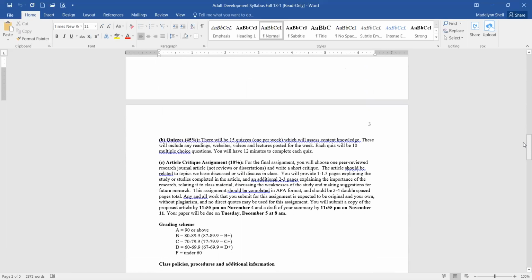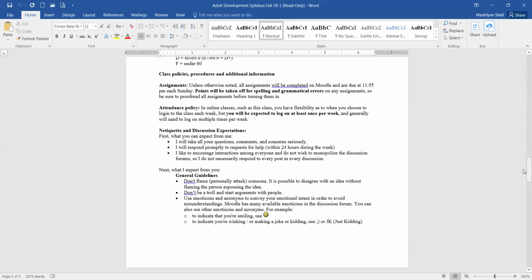And then finally, 10% of your grade is an article critique assignment. I'll talk about this more in the coming weeks, but basically you'll select a research article related to a topic we've covered, summarize it, and provide a critique. There's more details on Moodle in the general information section. Also, make sure to familiarize yourself with all of these class policies and procedures. So if we go back to our Moodle page,